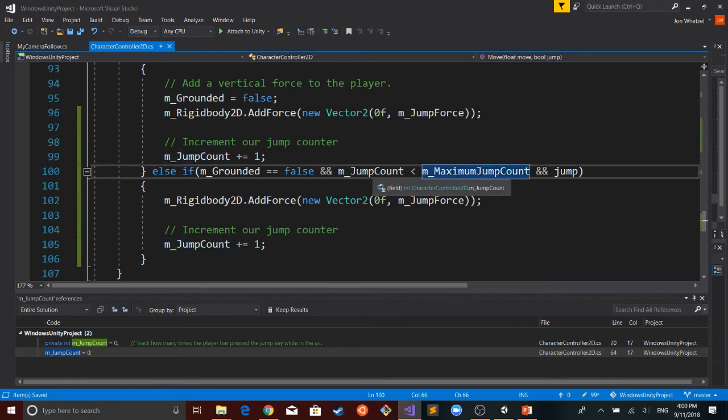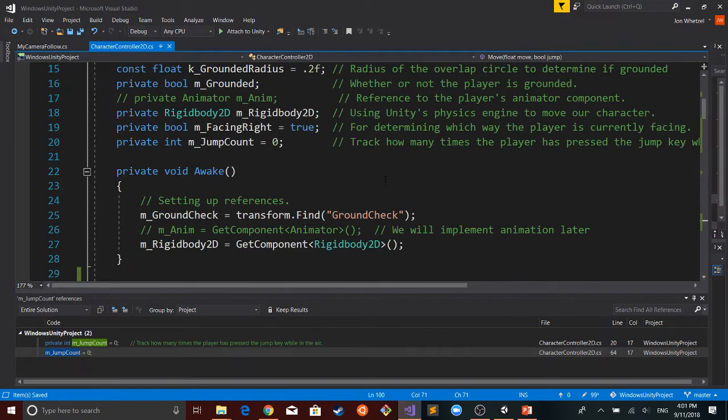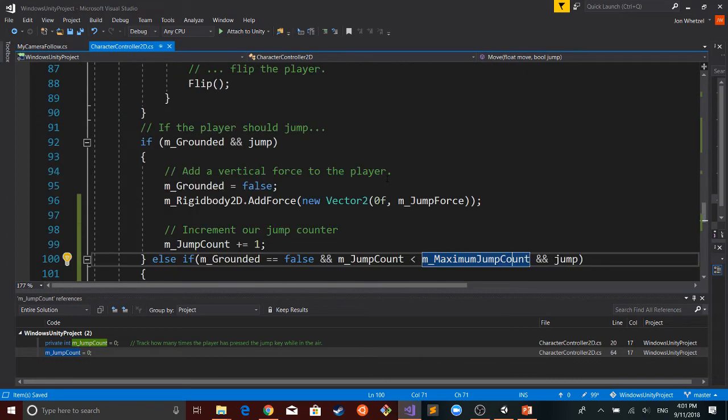And so that would probably stem from this line, this maximum jump.